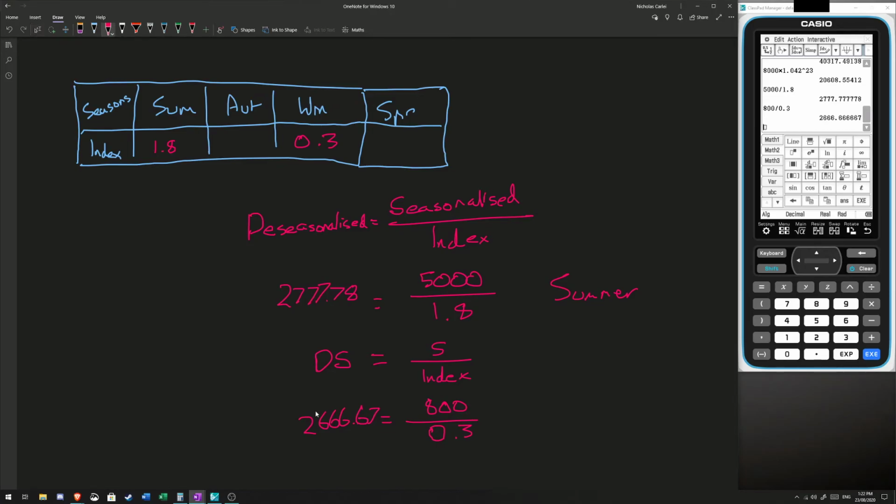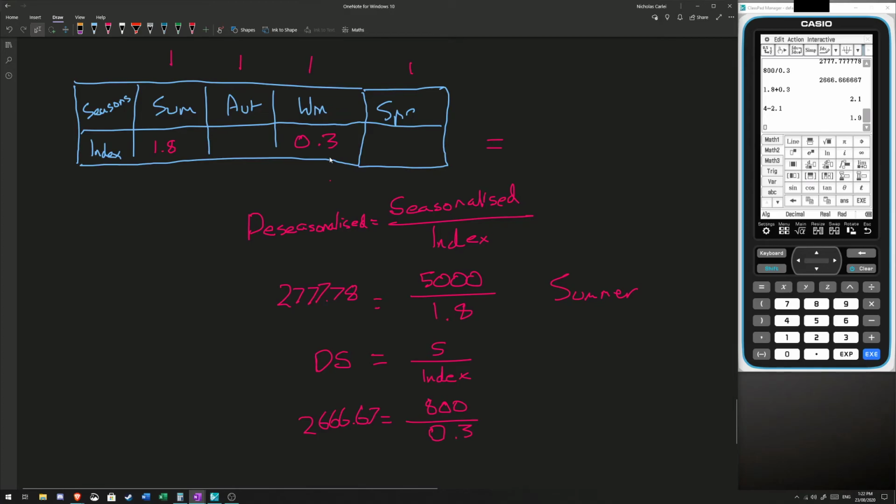Just note, I won't go into much detail because we're almost out of time. All of these seasonal indices have to add up to, imagining they were all equal to 1, so 1, 2, 3, 4, all of these down here have to add up to 4. So we've got 1.8 plus 0.3 is 2.1. And if we go 4 minus 2.1, we've got 1.9 to split between autumn